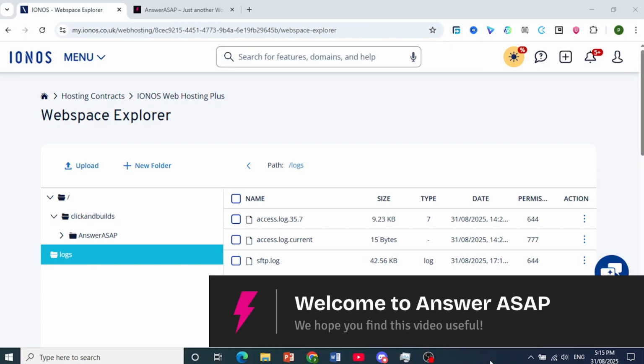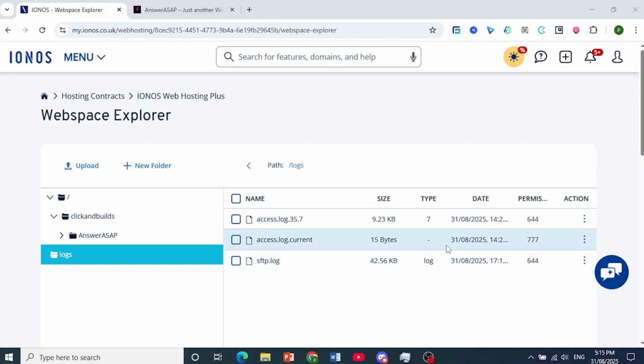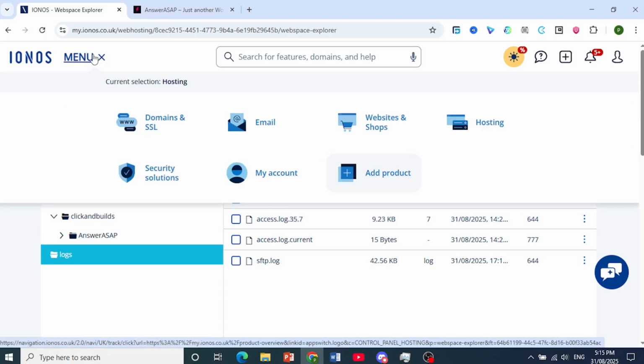Hey guys, in this video I'll show you how to set up Ionos email. It's actually a very straightforward process. The first thing I want you to do once you're logged in, come here and click on menu, and then